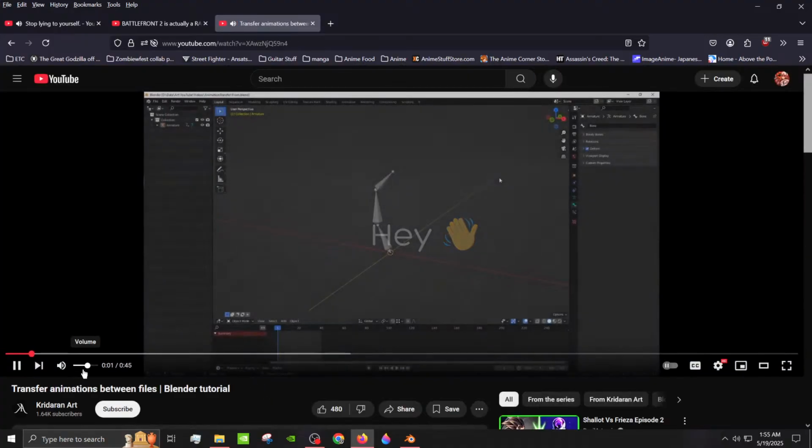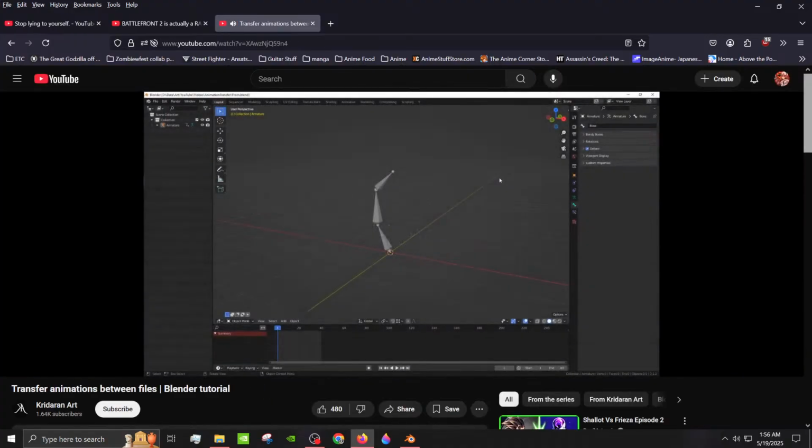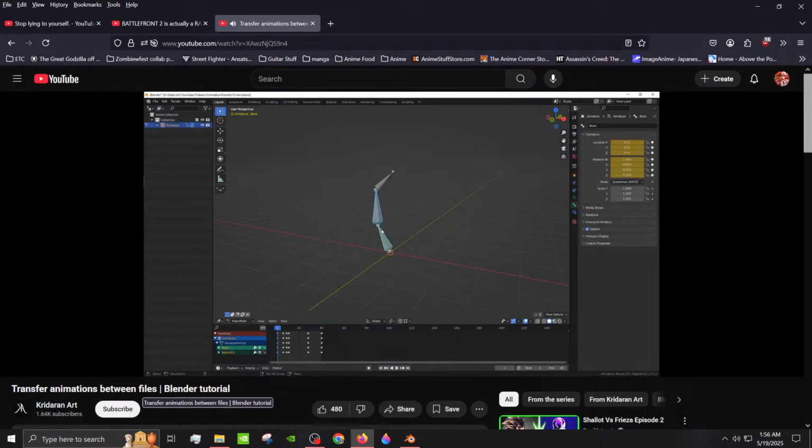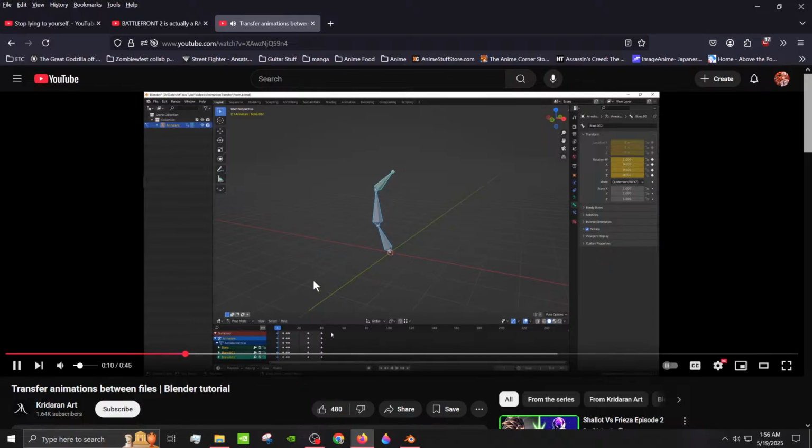Hey there! So transferring animations between Blender files is pretty easy. To do this, select your armature and go to pose mode. Select all the needed bones and then select all the needed keyframes. Copy them with the contextual window or by